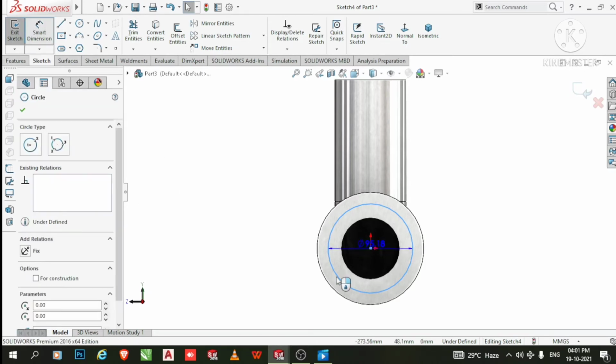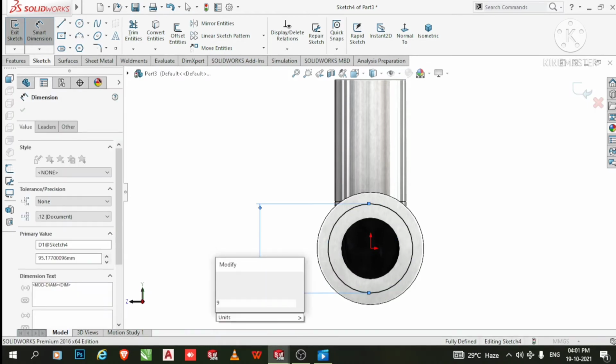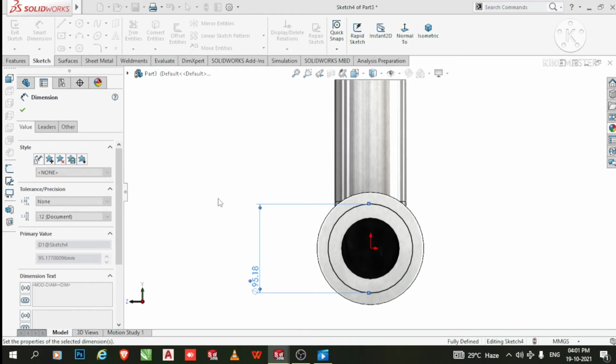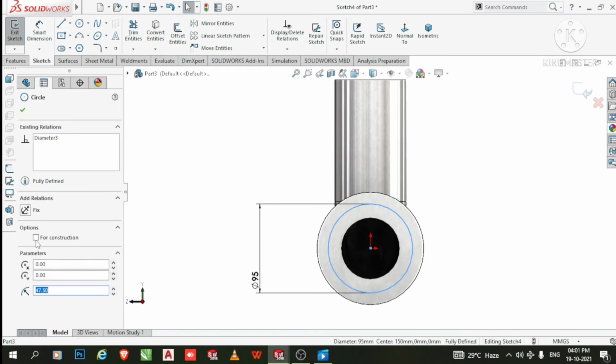Now go to the smart dimension and make the circle 95 dia. Okay, now select this circle and make it for construction.